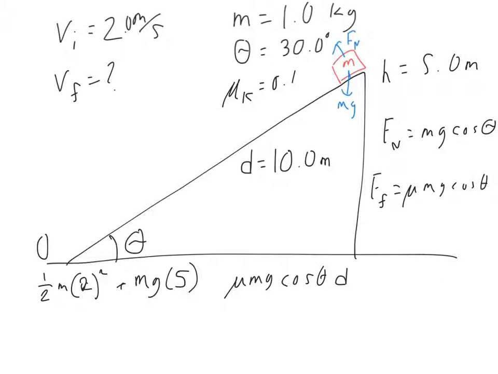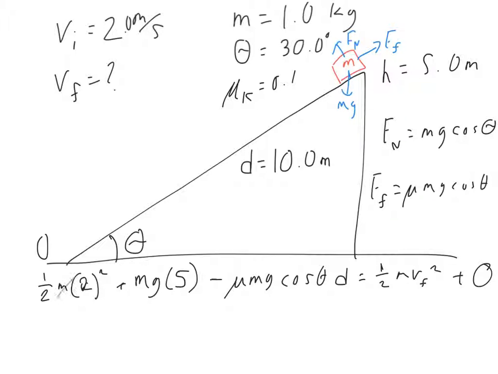And will this be doing positive or negative work? Well, we know that the force of friction is going to be pointing up along the slope as this thing slides down. It should be doing negative work. So it should be taking energy out of the system, negative work here. Makes sense? Final kinetic energy, 1/2 m v final squared, plus the final potential energy, much like before, it's at the bottom, so 0.